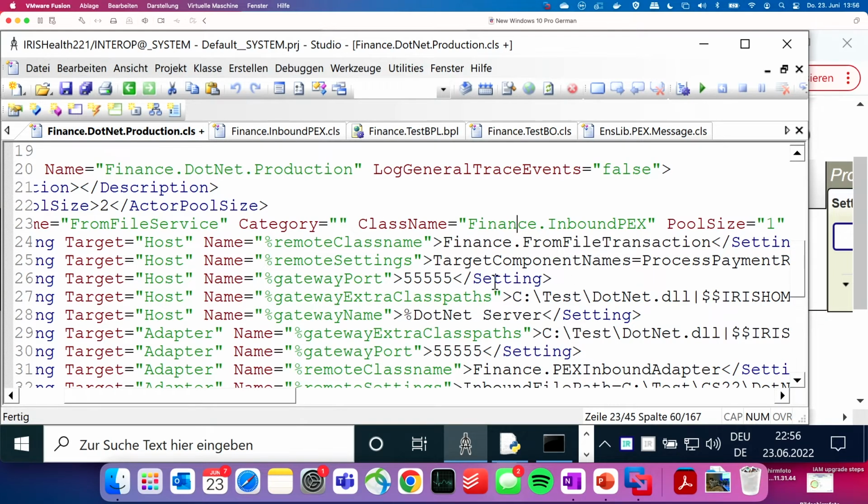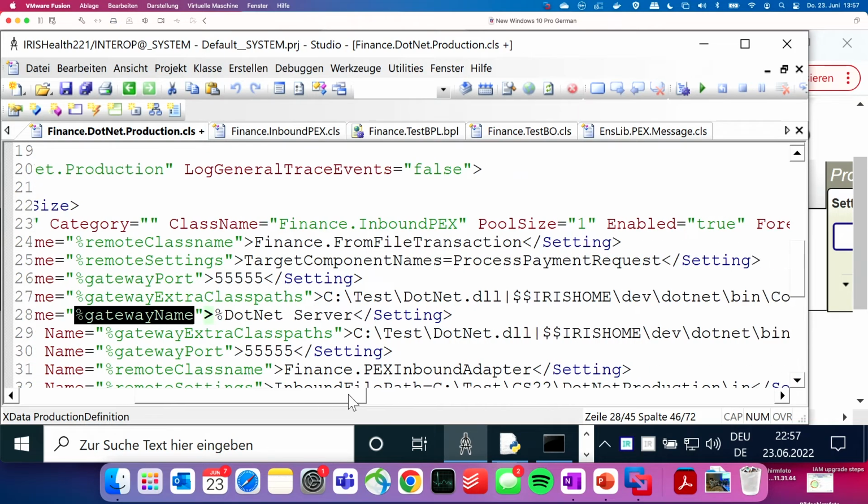And then the configuration here is quite important, right? So for the host, we're defining the gateway name, which is .NET Server. This actually is a drop-down list in the UI. So you just select the external language server that relates to it. And what happens when you start up the production is that it automatically starts the external language server, so you don't have to do that manually, right? In the earlier days, when you had Java Gateway, you had to have a specific part in your production which made sure that the Java Gateway actually started up. All of these things are gone now. We have a dependency, and we make sure that it's automatically started when your production starts up, right?